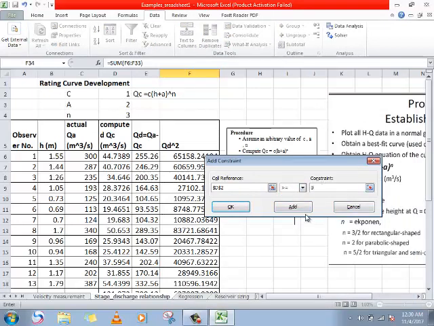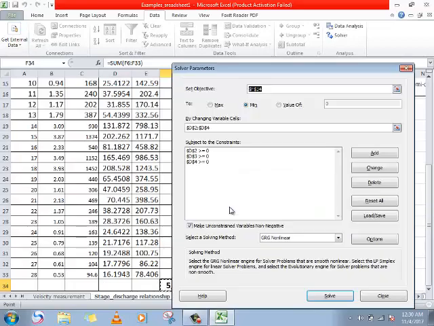I can say add this one also. Here this is greater than or equal to, then I can write 0. Add here also N should be greater than or equal to 0. Then here I can write 0. Then I can say OK.